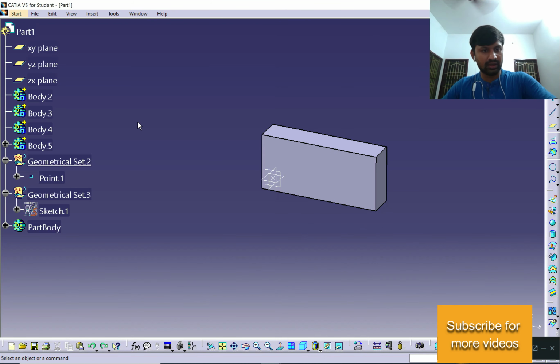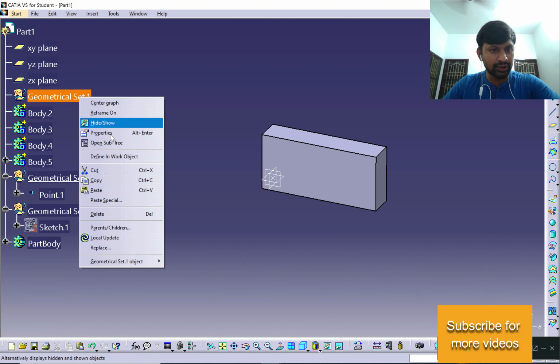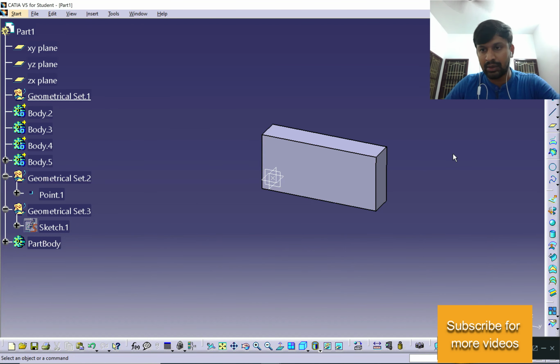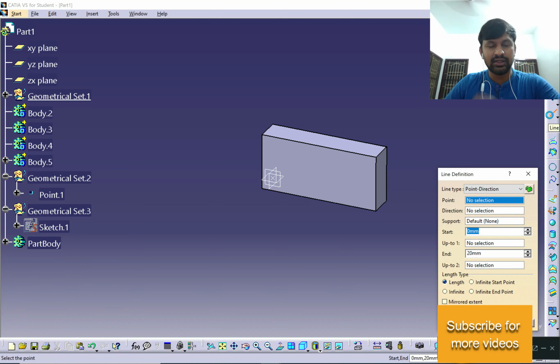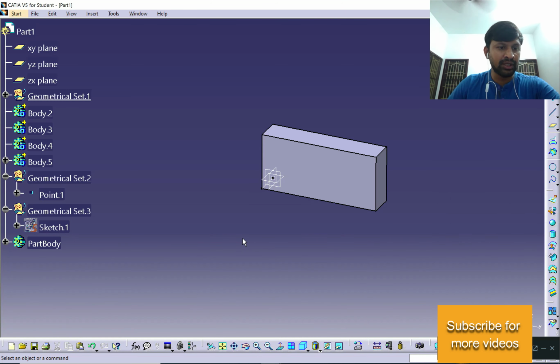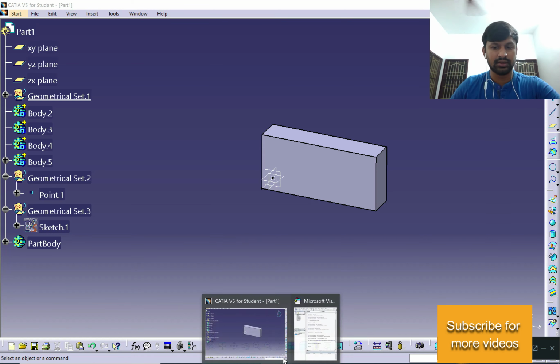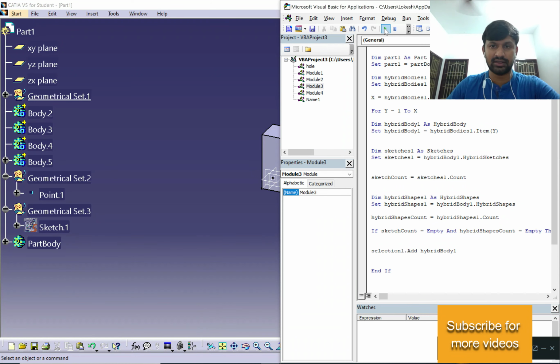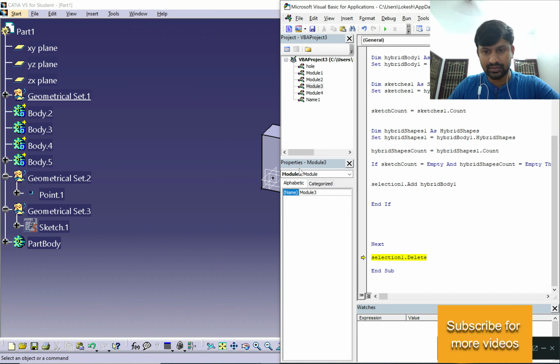Now I'm going to do one more thing. I'm going to define geometrical set 1 and create a line in geometrical set 1 and see what happens. According to me, this code should not delete any of these geometrical sets, but let's see. Yeah, it's throwing an error because it tried to delete something and there is nothing to delete.